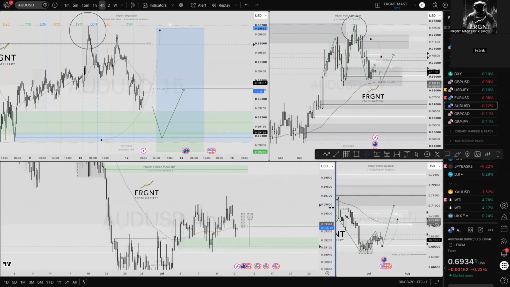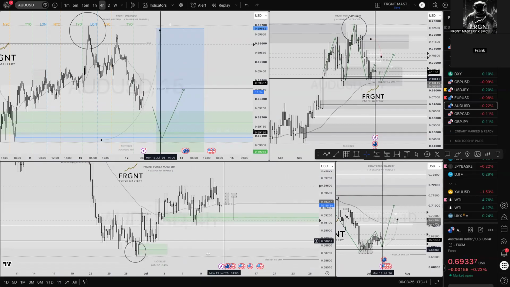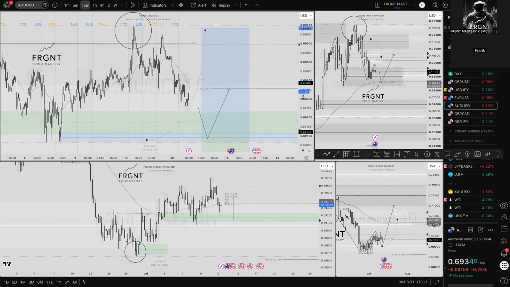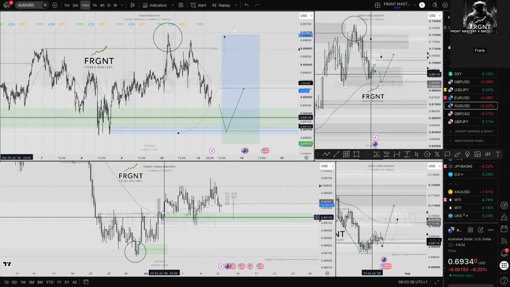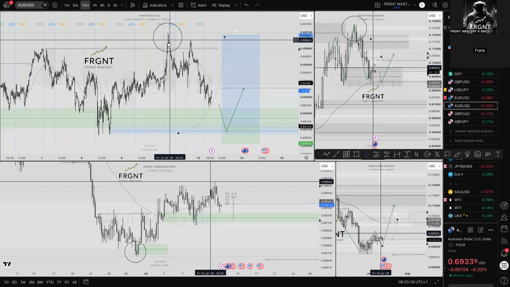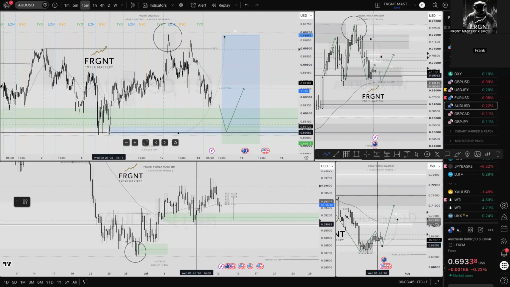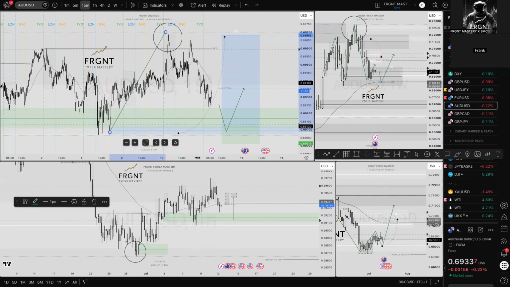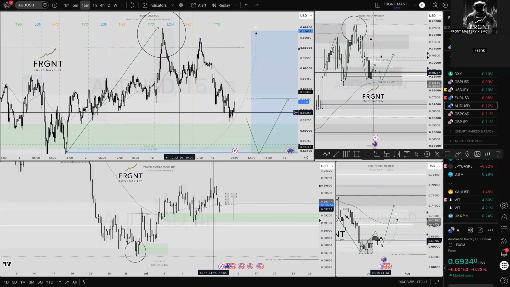Now, 4-hour order block refined within that daily time frame. There isn't any available, but I'm reusing the session lows and I'm getting that confirmation of confluence by way of the 15-minute time frame. I want the 15-minute time frame to tell me why I should reuse this 4-hour order block. Look at what I've highlighted. We have a clear break of structure. Therefore, it's down to us. It's the same thing over and over and over again, guys. Break of structure. Where did the break of structure occur from? I want to identify that 15-minute order block refined within the area of the 4-hour order block. Down at these lows, 15-minute order block, it's there, it's waiting for us.